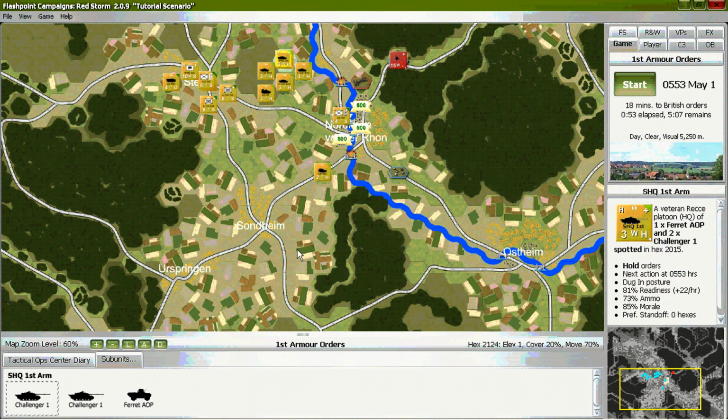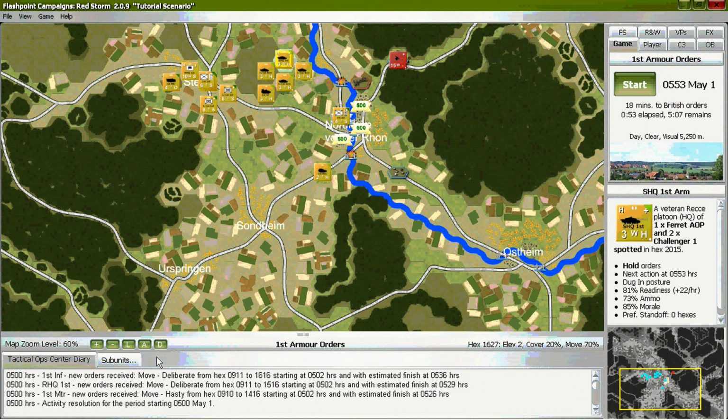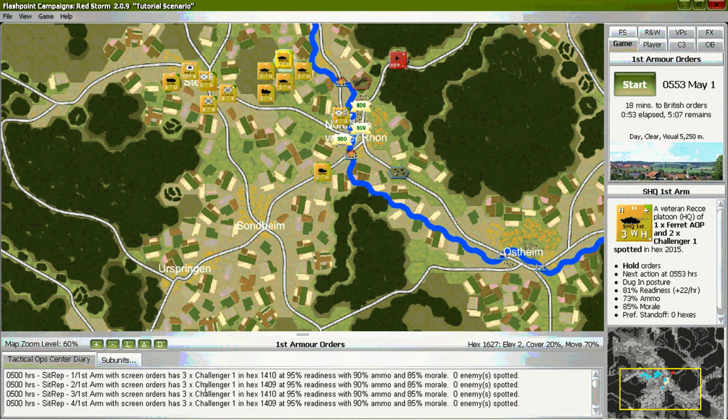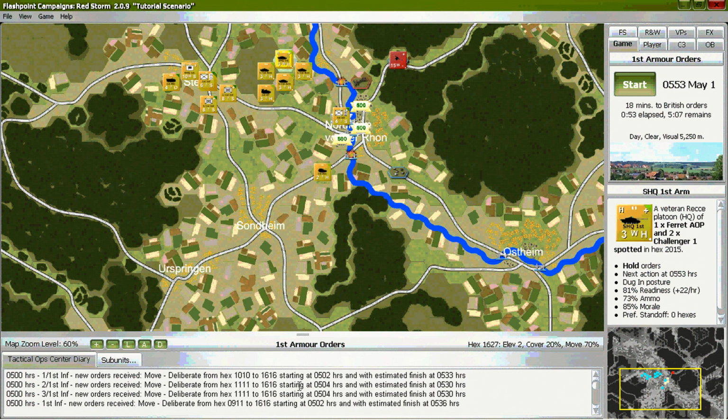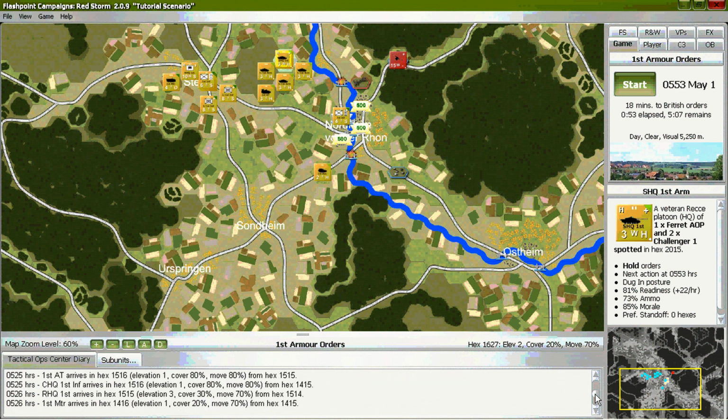Take a moment to review the Tactical Ops Center diary. At the bottom of the screen, we see that our forces mixed it up with the Soviet T-80B1s. The report also shows, in many cases, the tanks were engaged and killed.